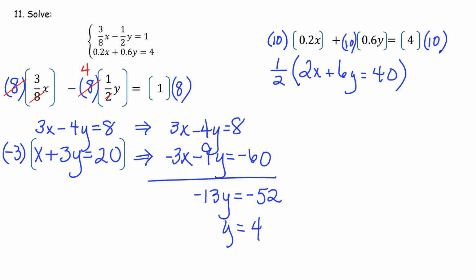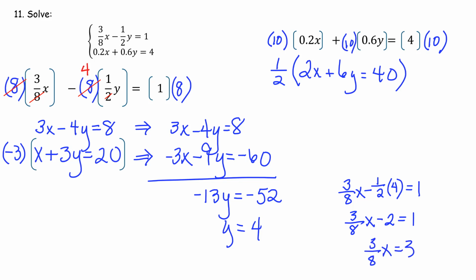Now I need to go back and find out what x is. So I'm going to plug that 4 in for y in the first equation. You can use either equation to find x. So 3/8 x minus 1/2 y, which is 4, equals 1. And then I've got 3/8 x minus 2 equals 1. And so 3/8 x is equal to 3, which means that x is equal to 8. So I've got my x and my y. Looks like 8, 4 is the point that I am getting for the solution to this system of equations,